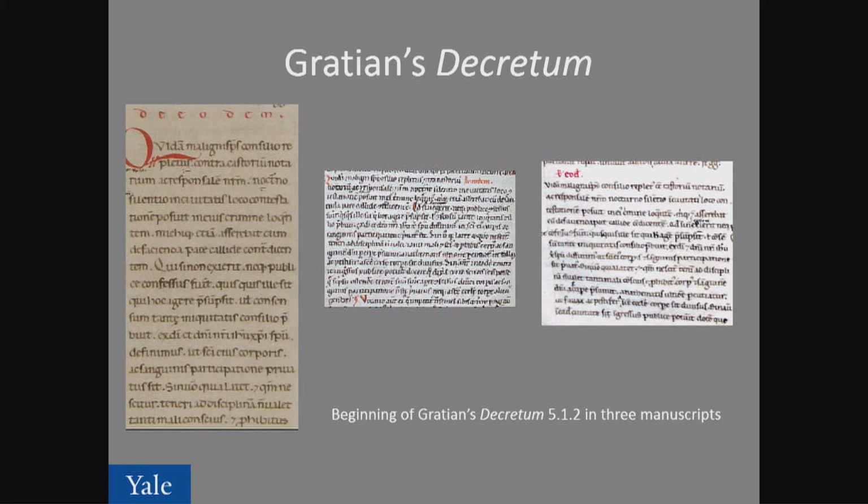So just to give you an idea, as these faculty are using Mirador, of what they're looking at and what they're annotating. For the critical edition of Gratian's De Cratom, the graduate students and faculty member are moving through the texts, they're collating the various witnesses, and establishing a final text of the De Cratom.